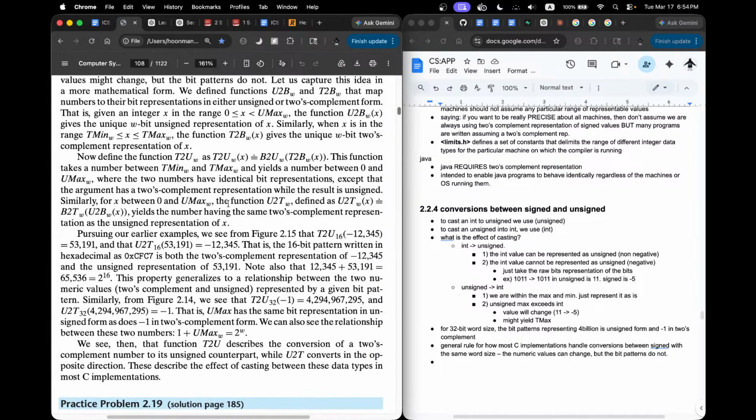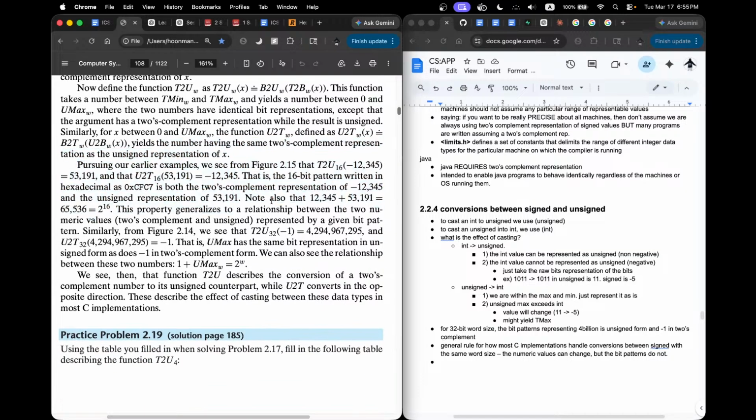Now define a function t2u. This function takes a number between tmin and tmax and yields a number between 0 and umax, where the two numbers have identical bit representation except that the argument has a 2's complement representation, while the result is unsigned. Yeah, makes sense. Pursuing our earlier examples,